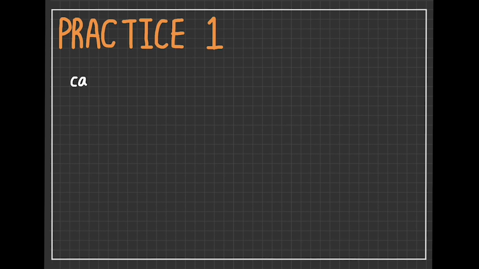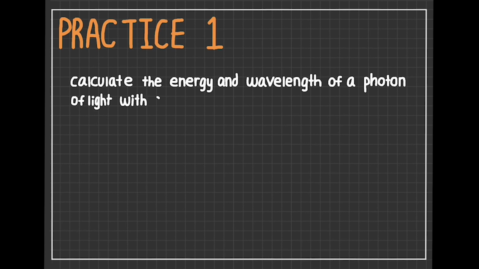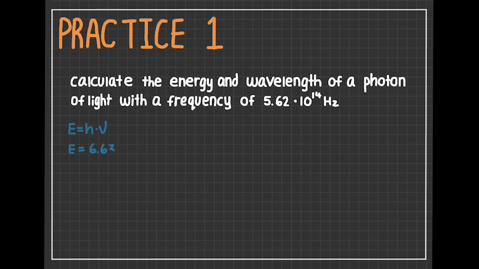Now let's try a quick practice here. Calculate the energy and wavelength of a photon of light with a frequency of 5.63 times 10 to the 14th Hertz. First, we'll use the equation energy equals Planck's constant times frequency. Substituting in the values we know, we can solve for energy and get 3.74 times 10 to the negative 19th